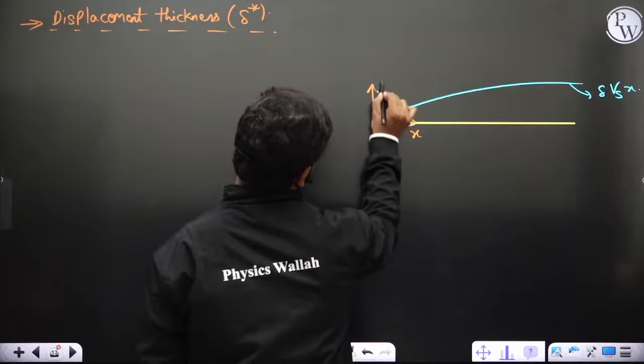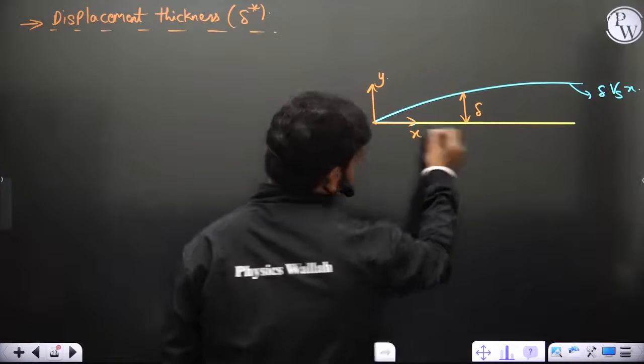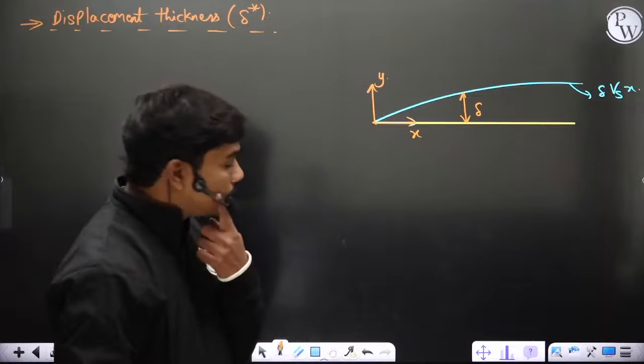x and y directions. So let us say at this point this is delta, for example, at some location x, this is delta. You know, x is not constant, that goes up. Okay, then